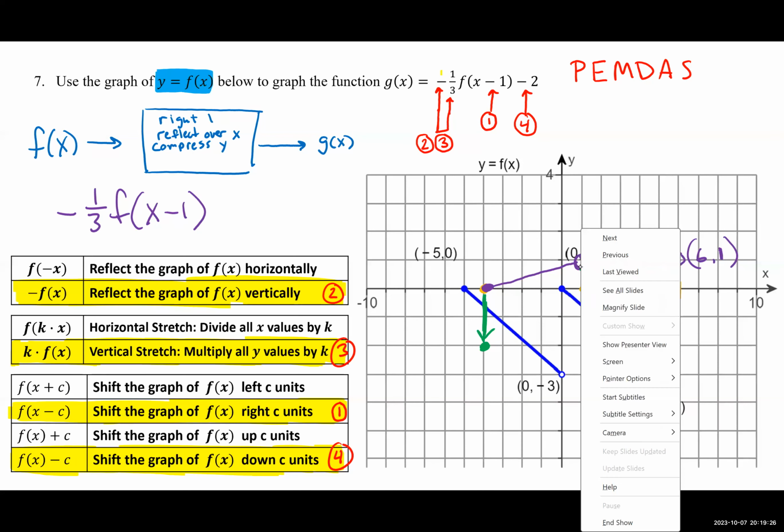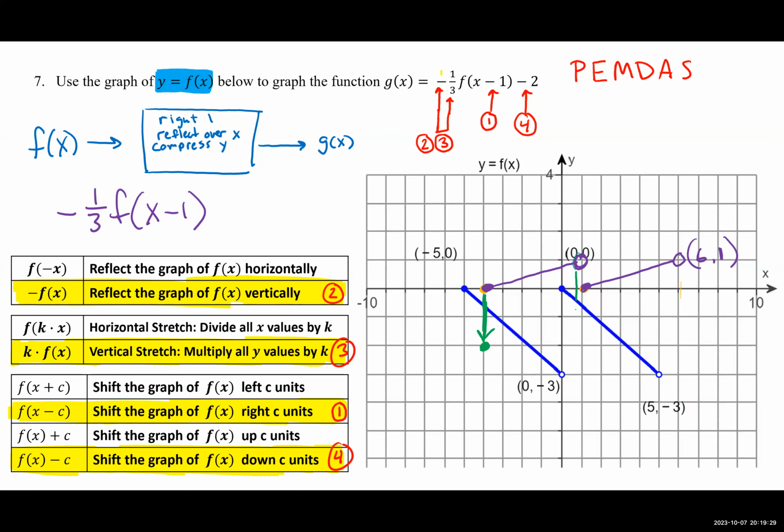So this open circle is going down 2. This closed circle is going down 2. This open circle down 2. And we get finally